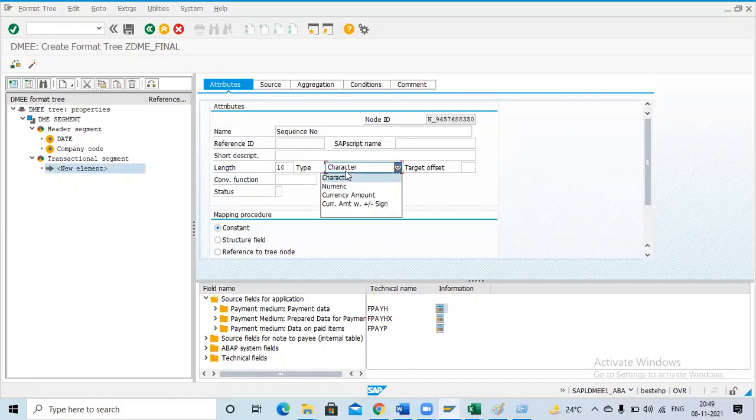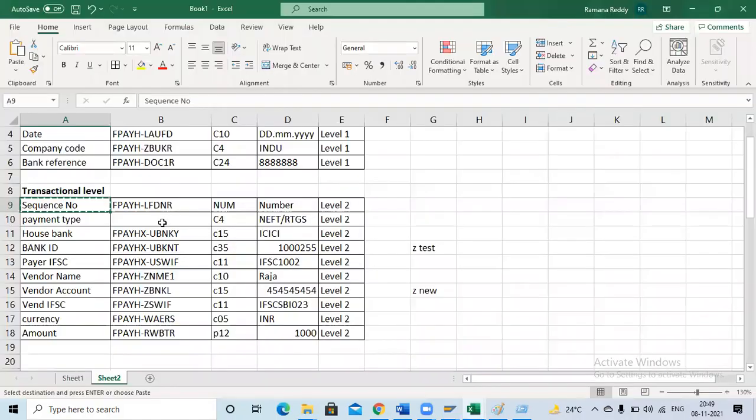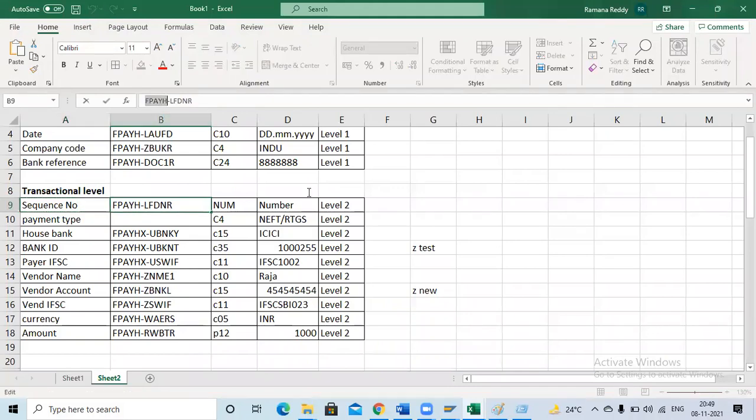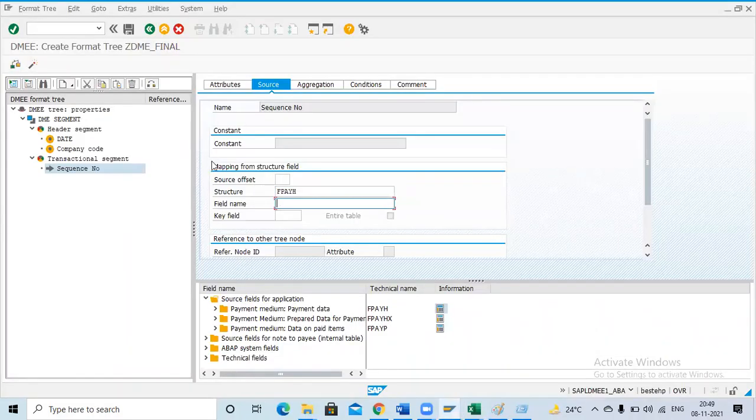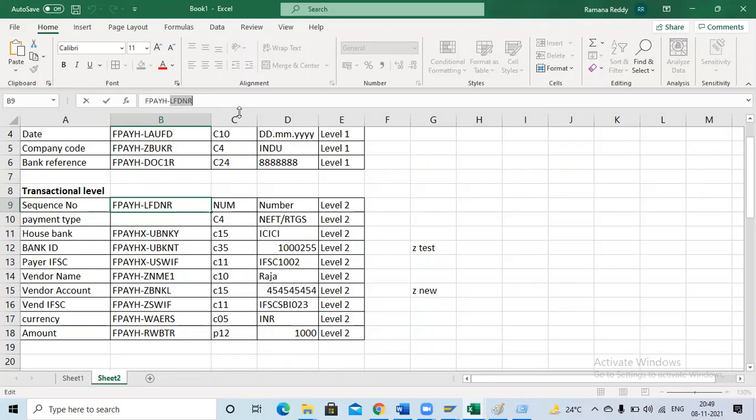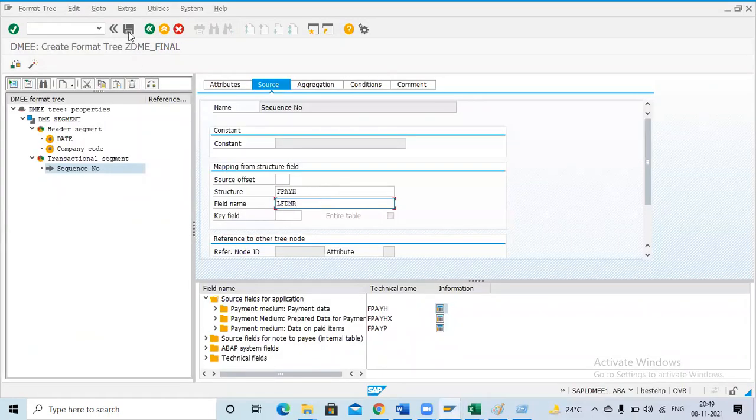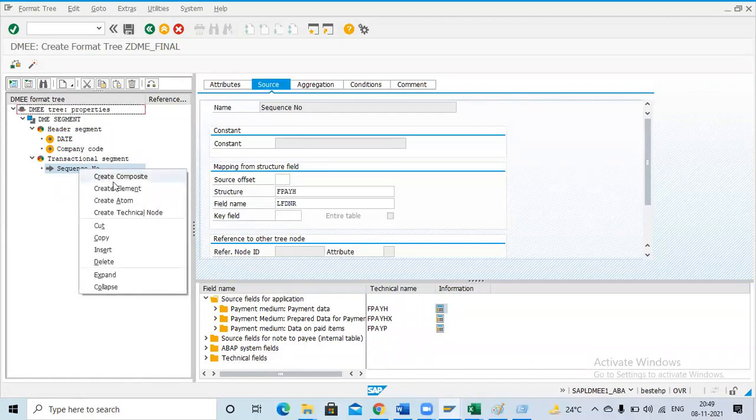Here it's not character, it is numeric, because it is a number. Structure. So the sequence number is completed.